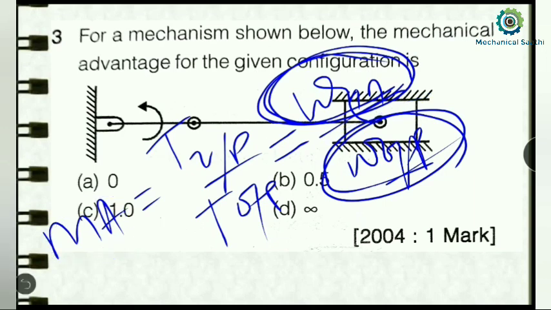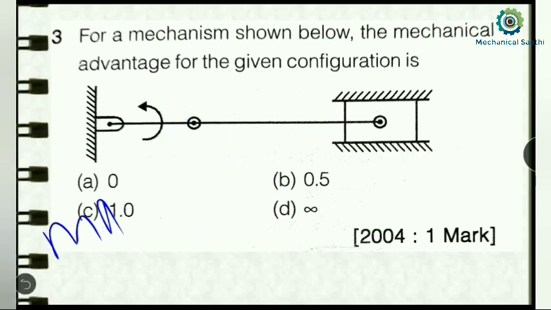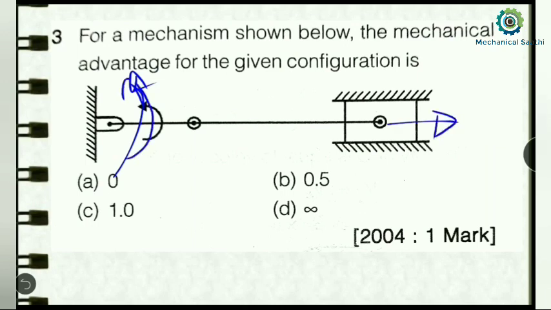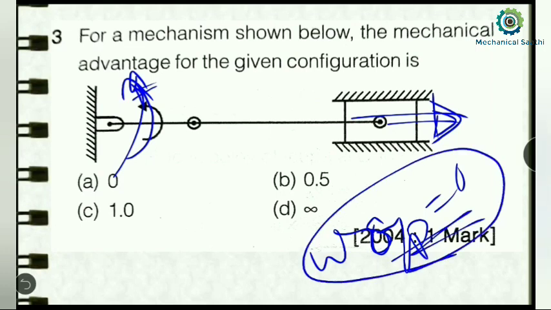Here we will get the angular speed input and output, or here there will be no torque. We can see that input is given somewhere here and output is obtained somewhere here. There will be some angular input, but we will not get any angular velocity as output. So the angular velocity output here will be 0. If the angular velocity at output is equal to 0, then we can say something about the mechanical advantage.